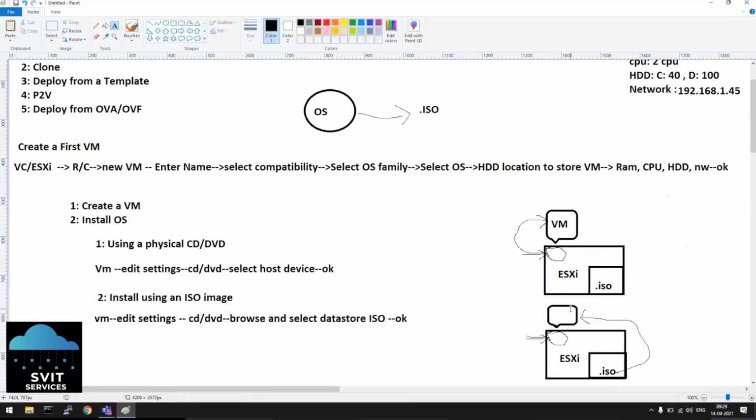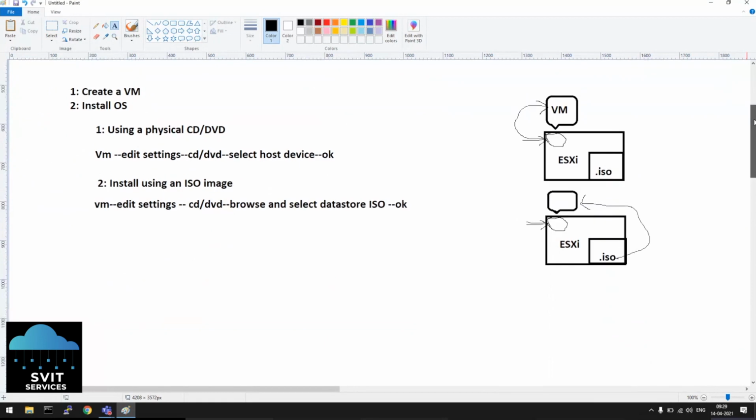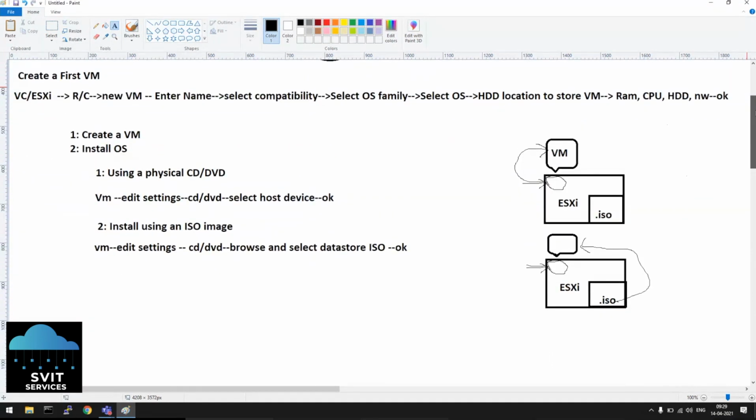Now if you power on this virtual machine, the same way however we install an operating system using the first option, now we will be able to install from this ISO file. ISO will have an installable operating system content. Fine. Any questions as of now? If you install the operating system, that machine will be ready now to use. Any questions?